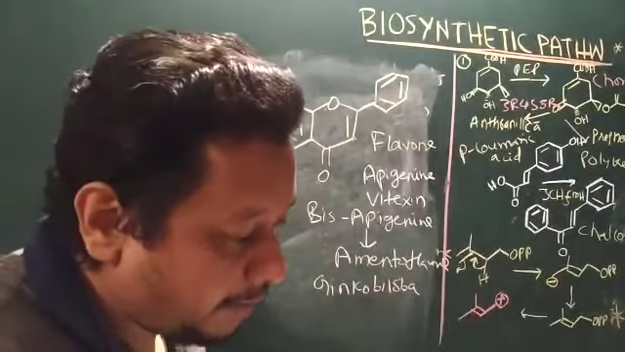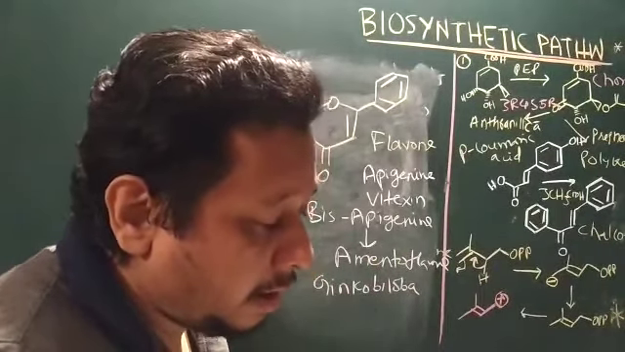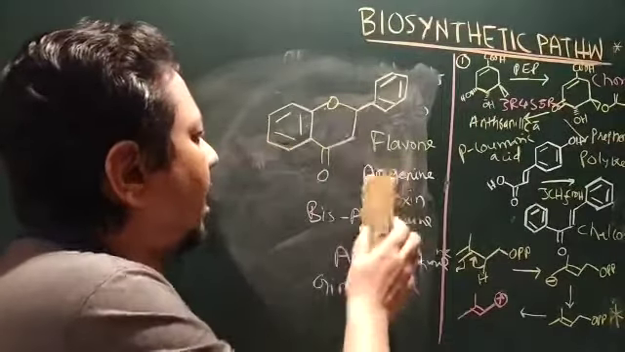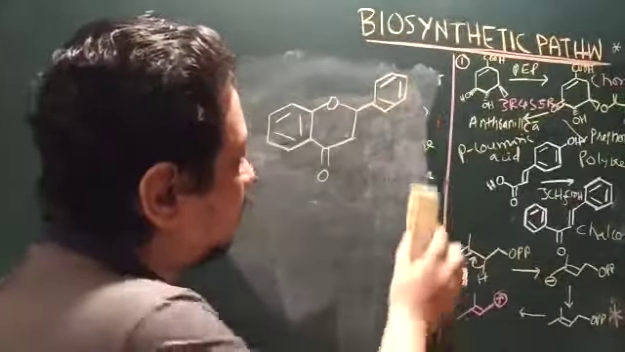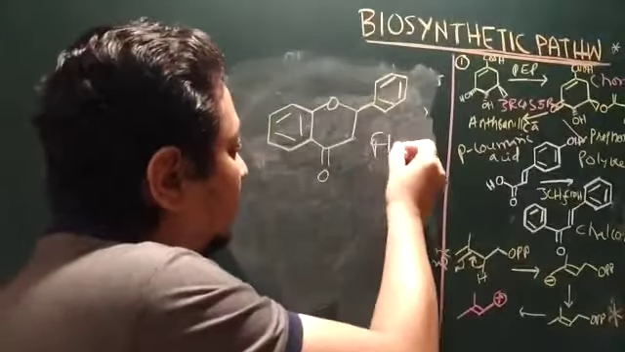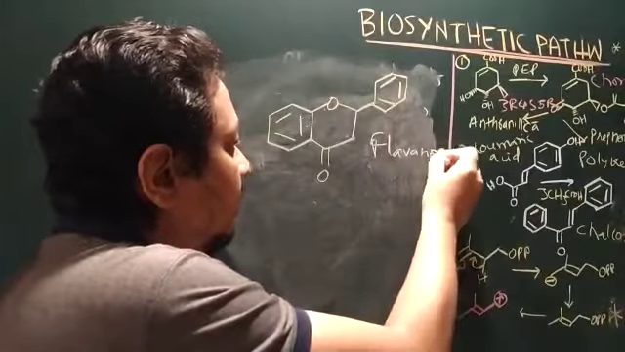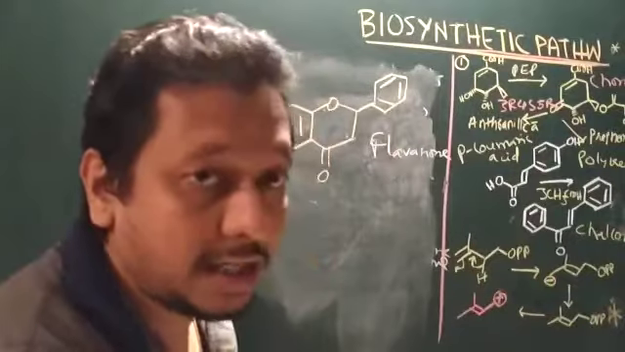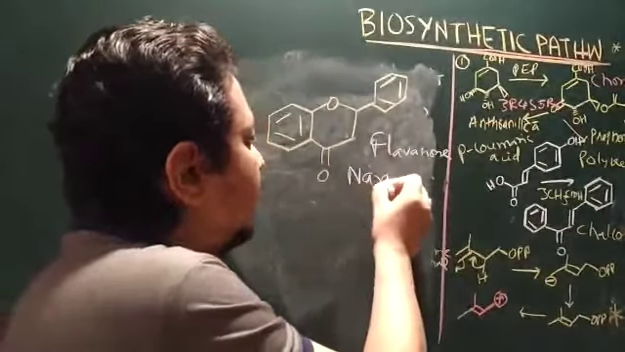Then after that, from flavone you can get flavanone. What is flavanone? You just remove this one double bond and you get flavanone. So flavanone from the chalcone is also very important. Flavanone, you get examples like hesperidin, naringenin. Okay,